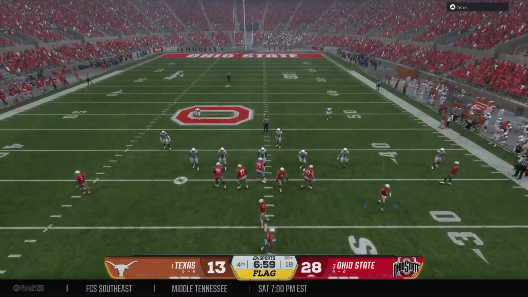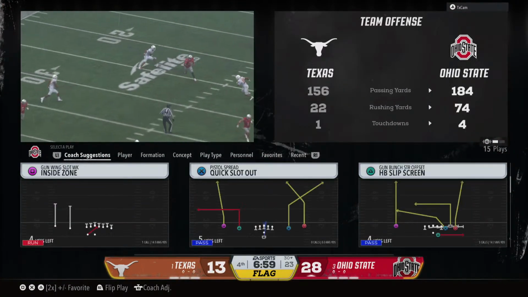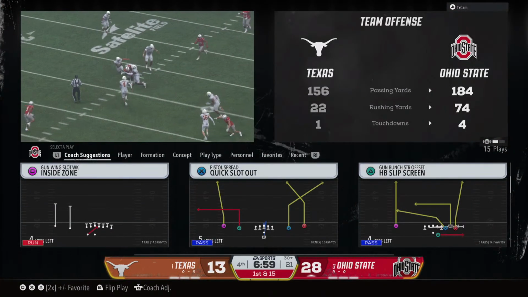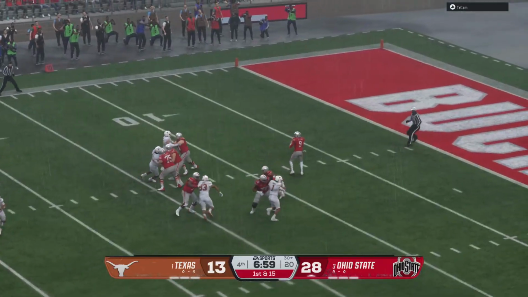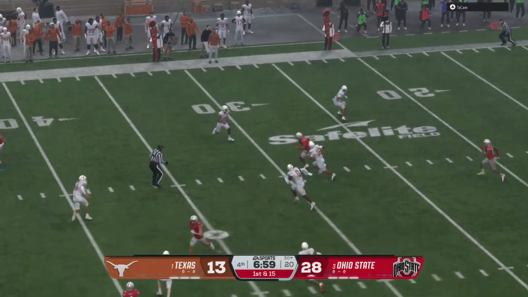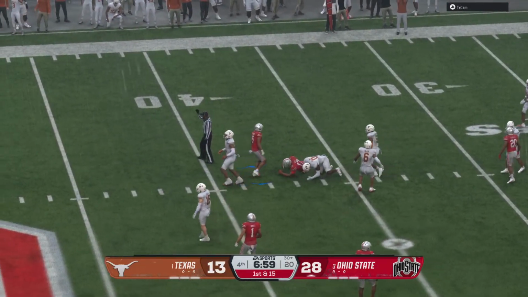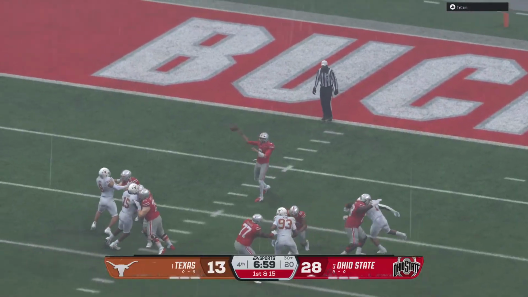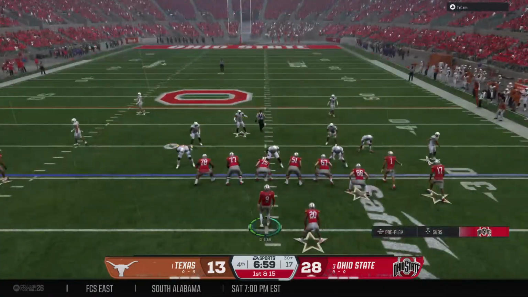That player moved a little bit too early. It's a false start. And the head coach will decide to accept the penalty and take the yardage. Offense shoots itself in the foot. It's 1st and 15.